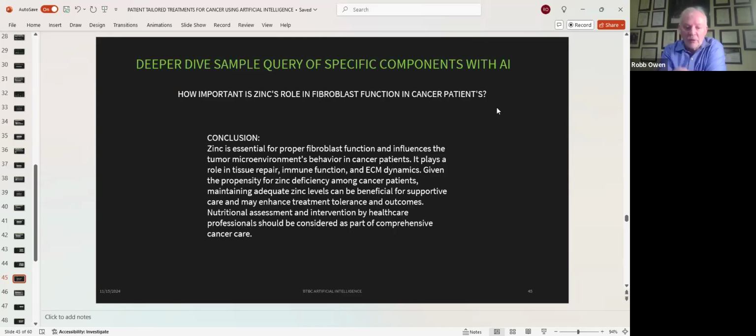And once again, this takes an awful lot of work because this is just one component out of, I don't know, hundreds of different things. And then you have all the different components of your cancer biology. This is where